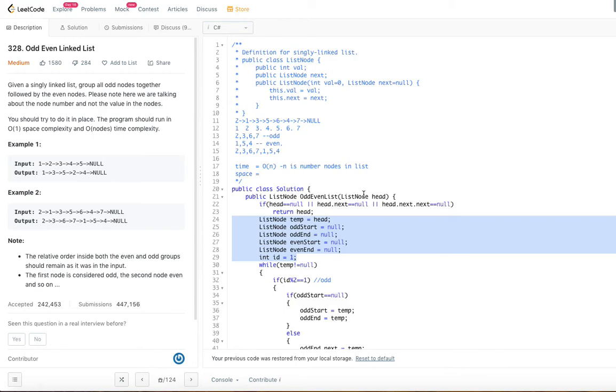So we would say this is constant space. The way to denote constant space is order of 1. So the time will be order of n, the number of nodes in the linked list, and the space will be order of 1.